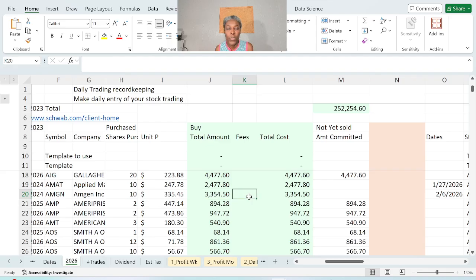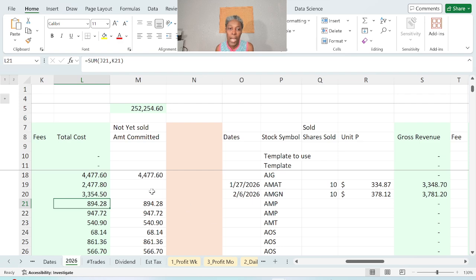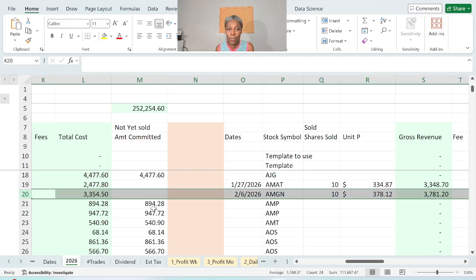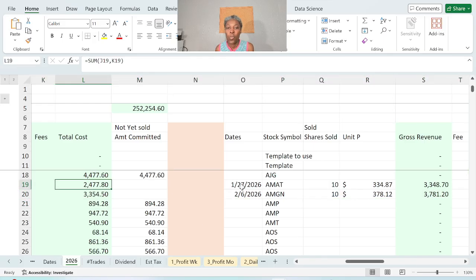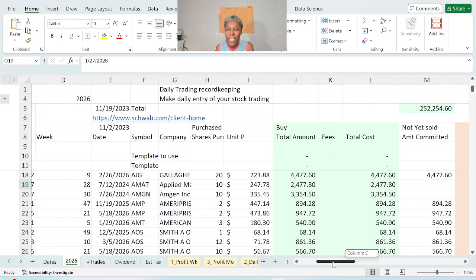And since there is no fee, the total cost is just going to be that. Otherwise, it's going to be how much it costs you plus any fee the brokerage firm charges. And then you can put that amount that you committed in here, and when you sold it, you can take it out. So I say AMAT, but we end up coming to this one. And when it's sold in this example, in January, pretty much two years later, or maybe a year and a half,